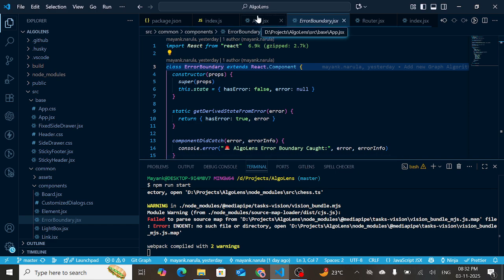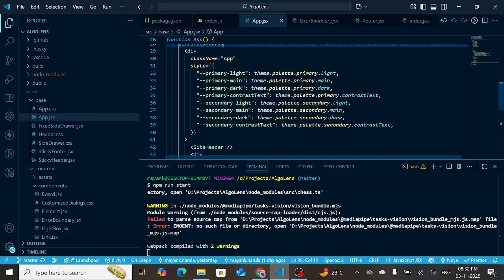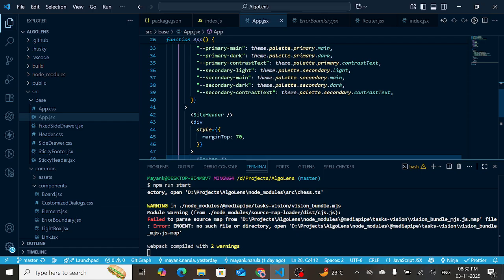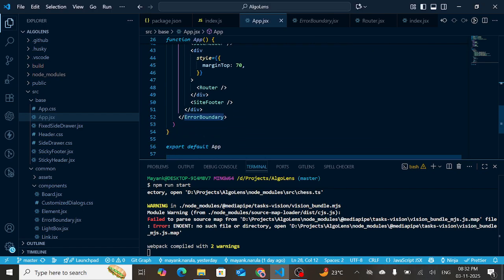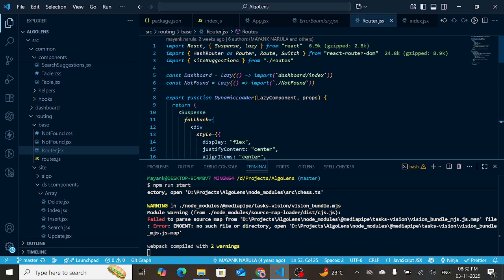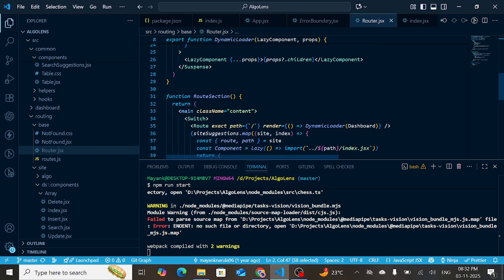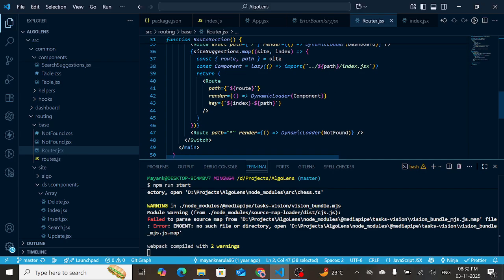Okay. So this is a basic wrapper component across the entire application, with some primary styling for the theme, right? Then a site header, a router section, and a footer. The router is my main page content. It doesn't seem like it, but I use a router switch from React Router DOM. I've used the hash router, route, and switch, and I'm lazy loading the dashboard in the main page components, and then I put up a structure